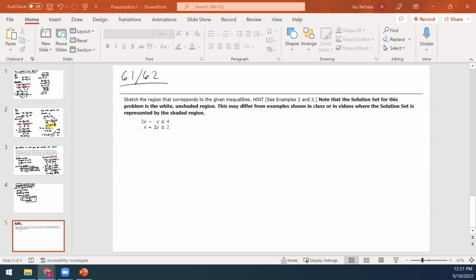So we're doing a problem like this, right? This is not linear programming yet. This is just linear inequalities. So we just want to be able to find the solution region, or the solution set. All right. So step 1,